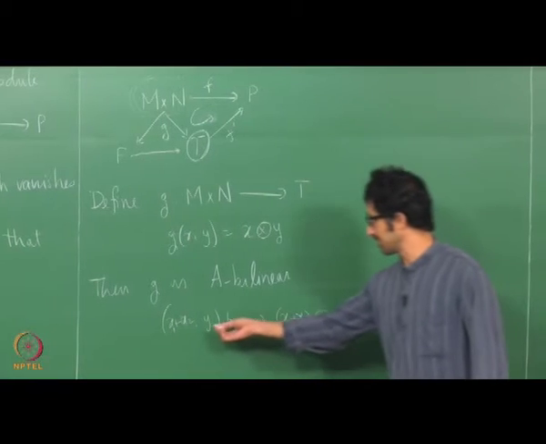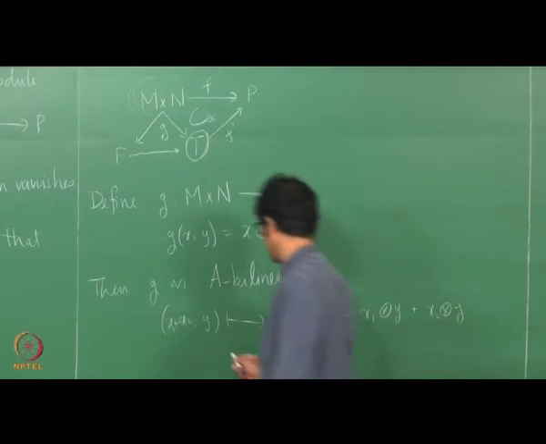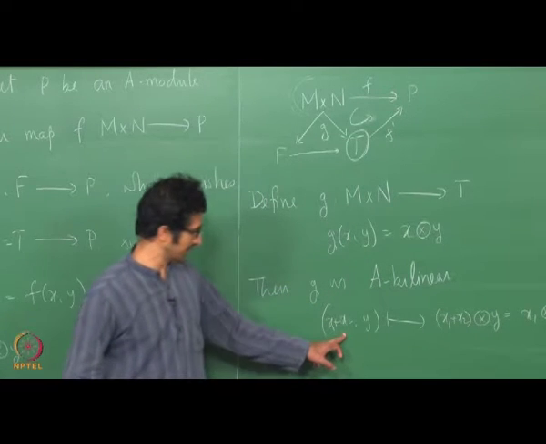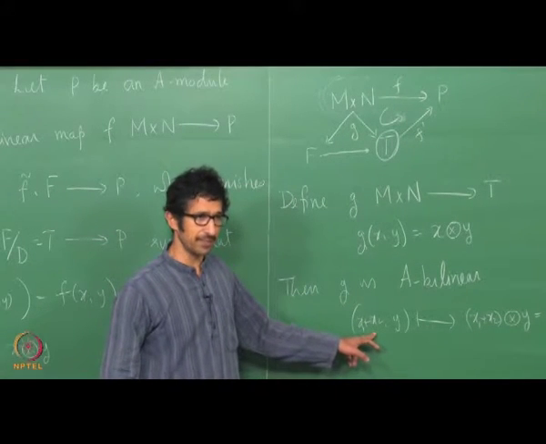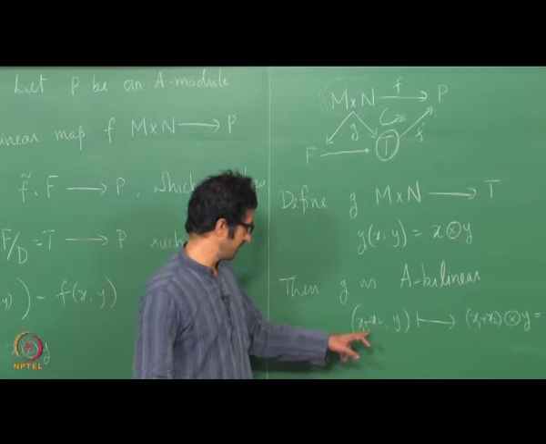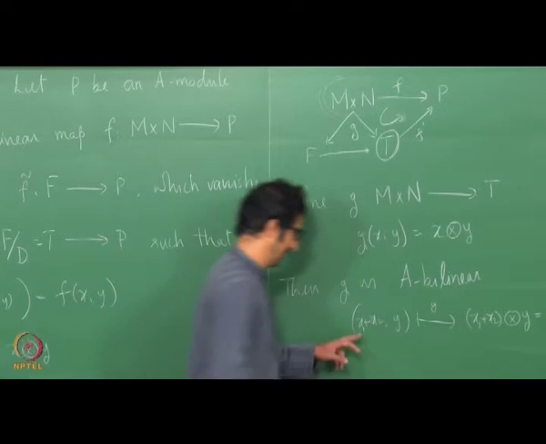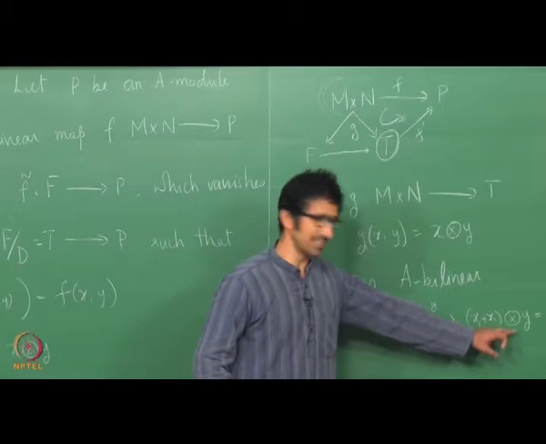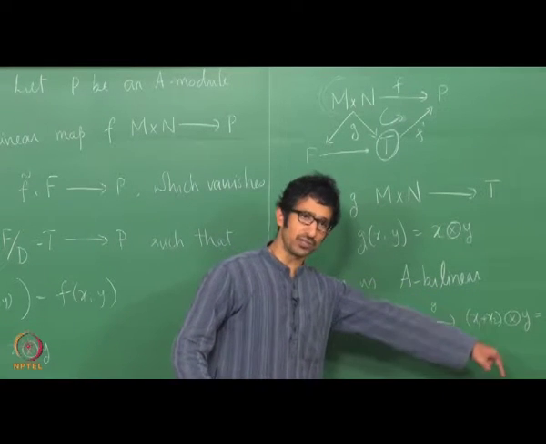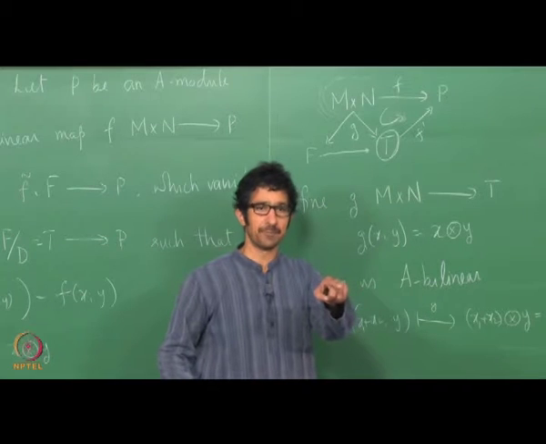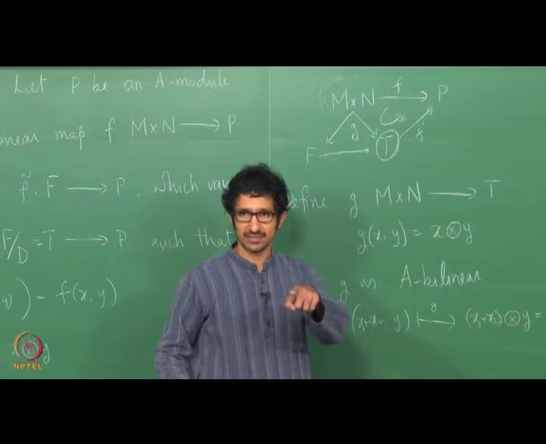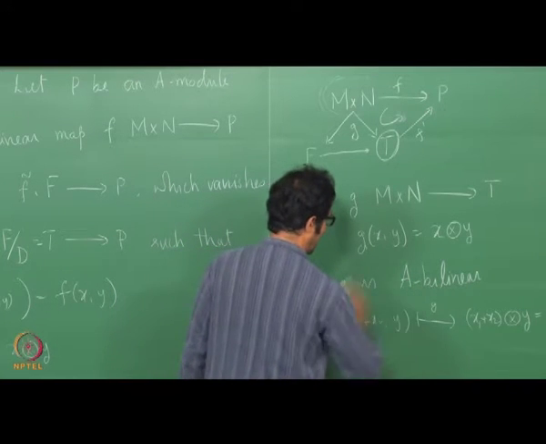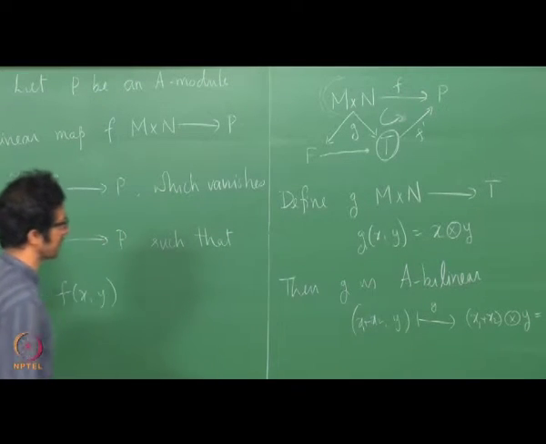Similarly on the other variable, and the scalar multiplication is also taken care of similarly. g of (ax, y) is ax tensor y, but modulo D it is the same as a times x tensor y. So therefore g is an A-bilinear map from M cross N to T,